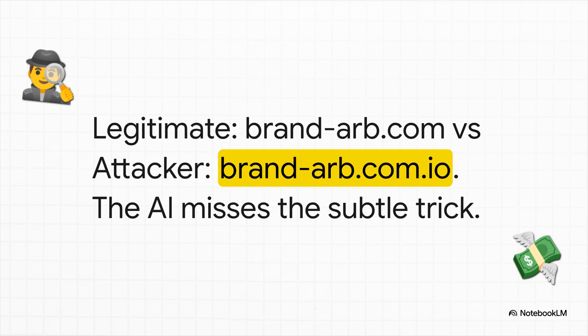The AI completely misses the visual trick. The legitimate host is brandarb.com. The attacker's host is brandarb.com.io. It is a TLD extend typo squat. The AI was so heavily focused on the semantic meaning of the text that it walked right into the trap. And look,